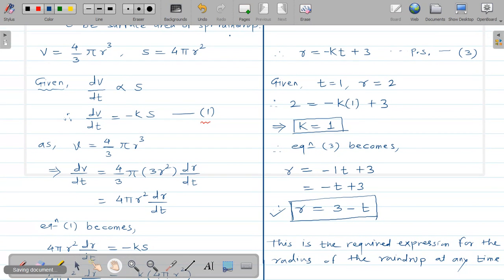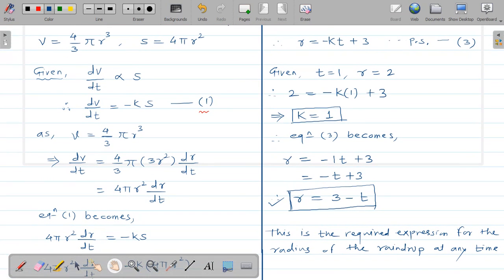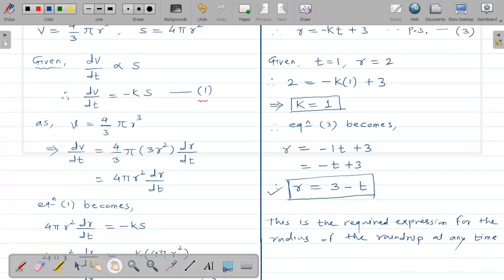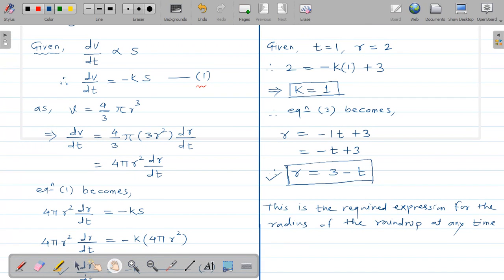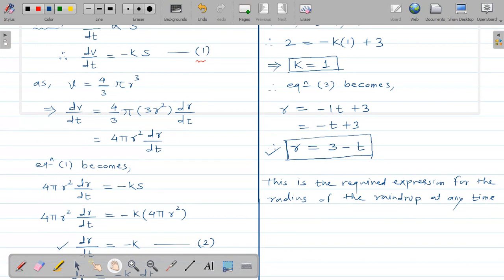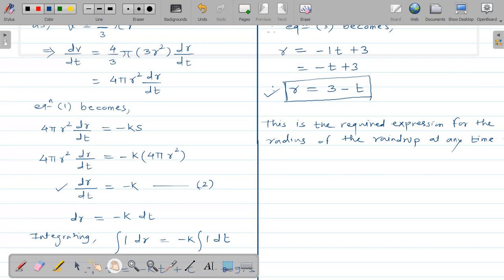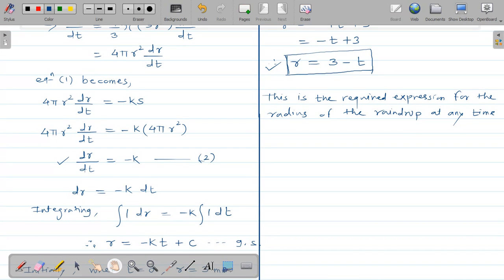But by using the formula of volume v is equal to 4 by 3 pi r cube, if we differentiate that, then we get 4 pi r square into dr by dt. And if we use the formula of surface area, and after putting the value of dv by dt and the value of s in equation number 1, then equation number 1 becomes